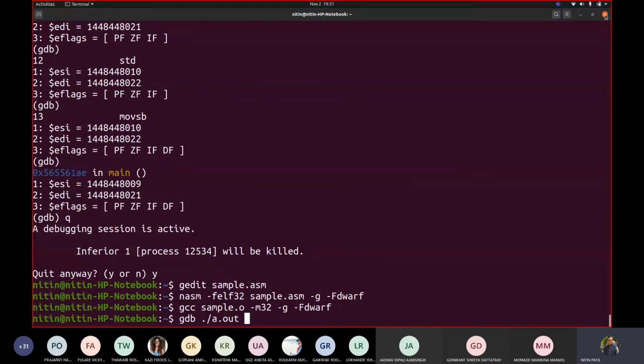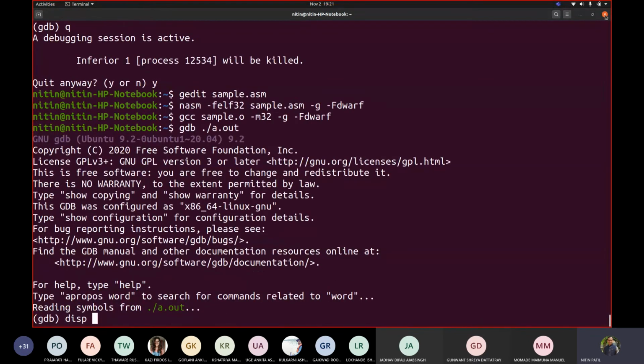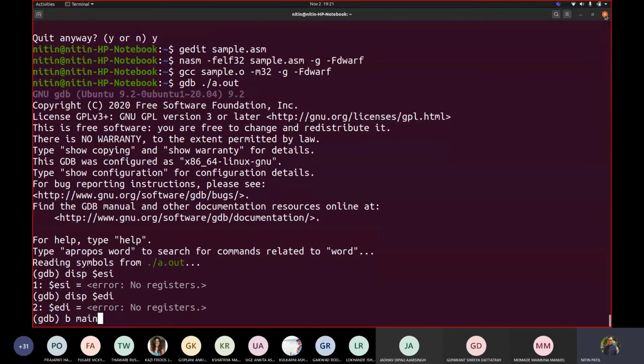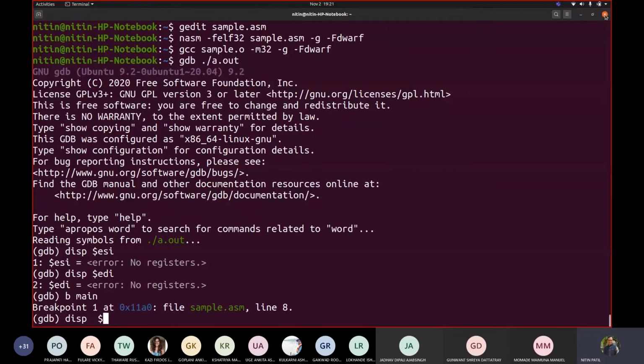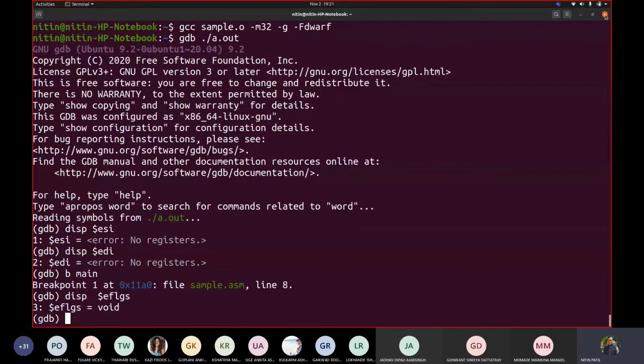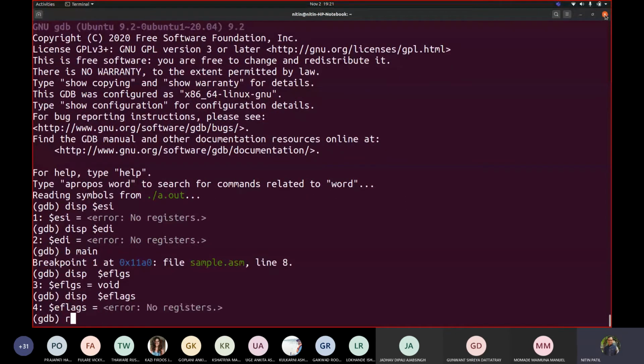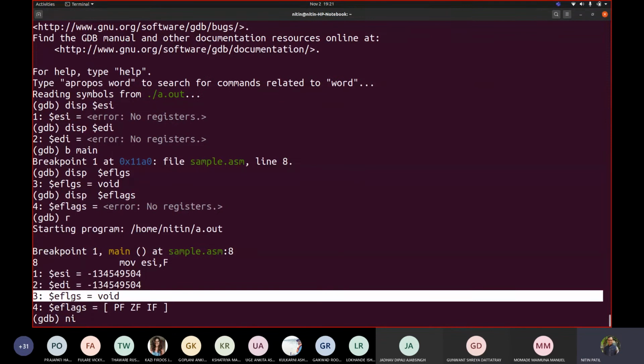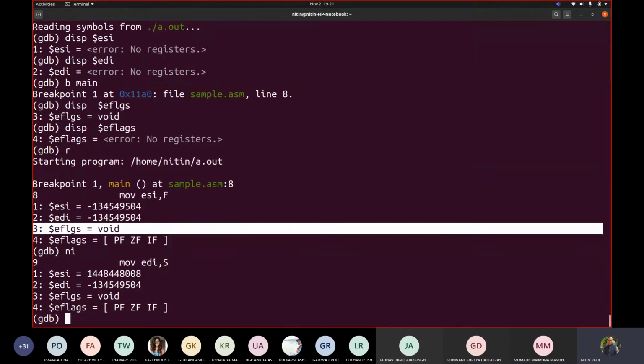Now let us debug. Display $ESI, EDI, breakpoint main, display $EFLAGS. Sorry, EFLAGS. Run. I wrote it wrongly. Now NI.